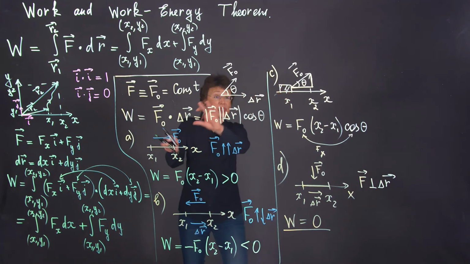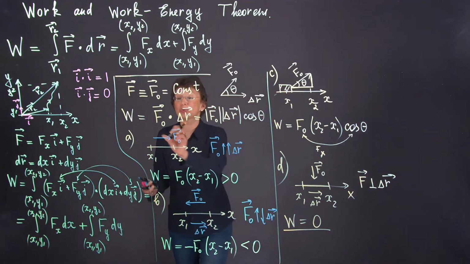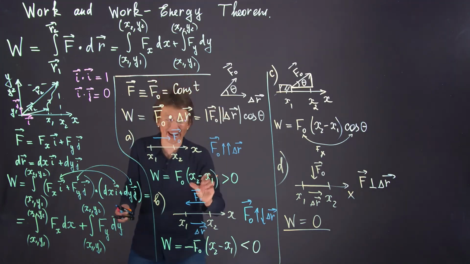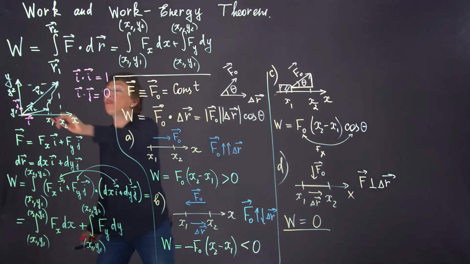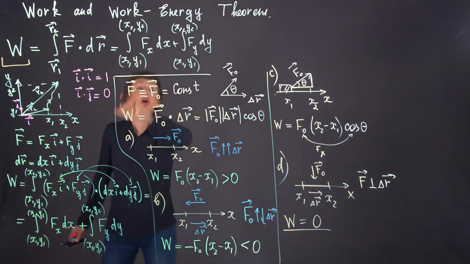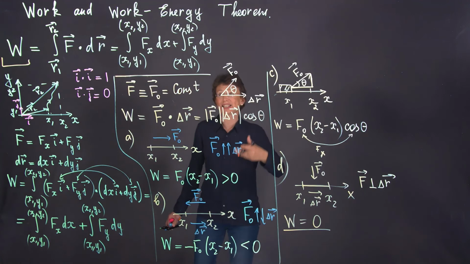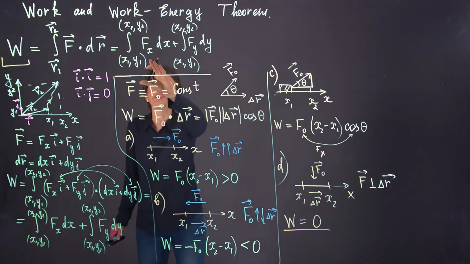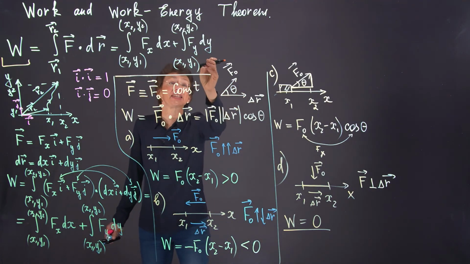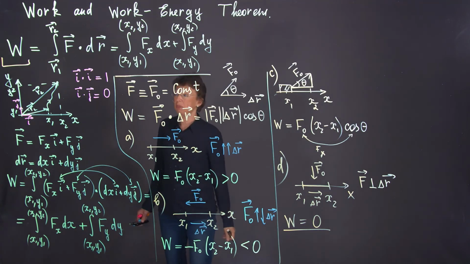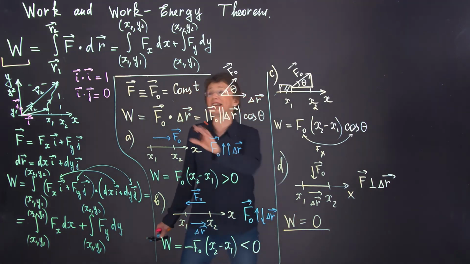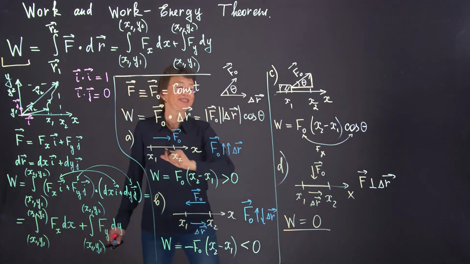I hope that these specific cases help you to connect this formula for work that works only for the case of the constant force with our new definition that is always true, because we will consider the forces that are functions of x and y, forces that change when we move objects from point 1 to point 2. These forces will depend on the trajectory, and we will have to use this definition